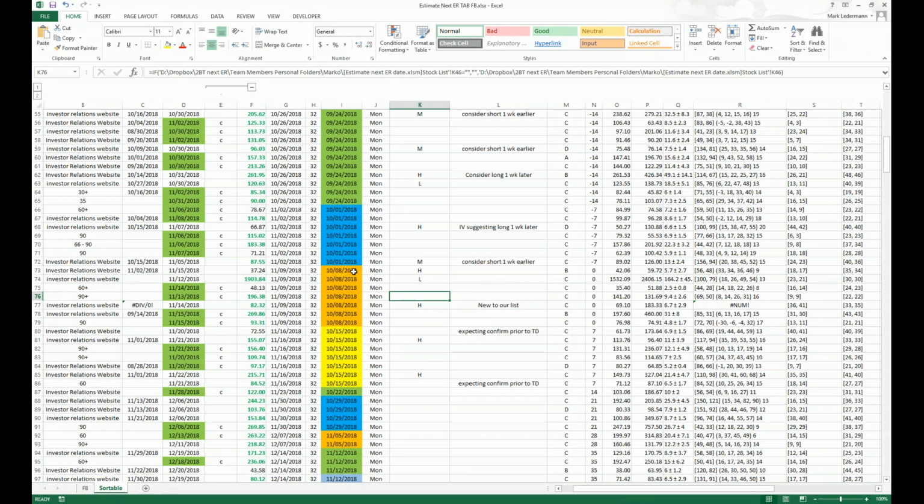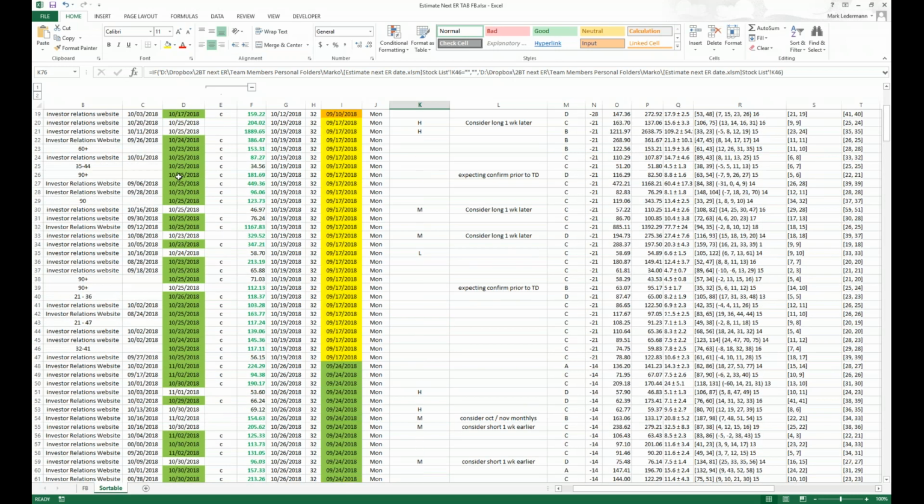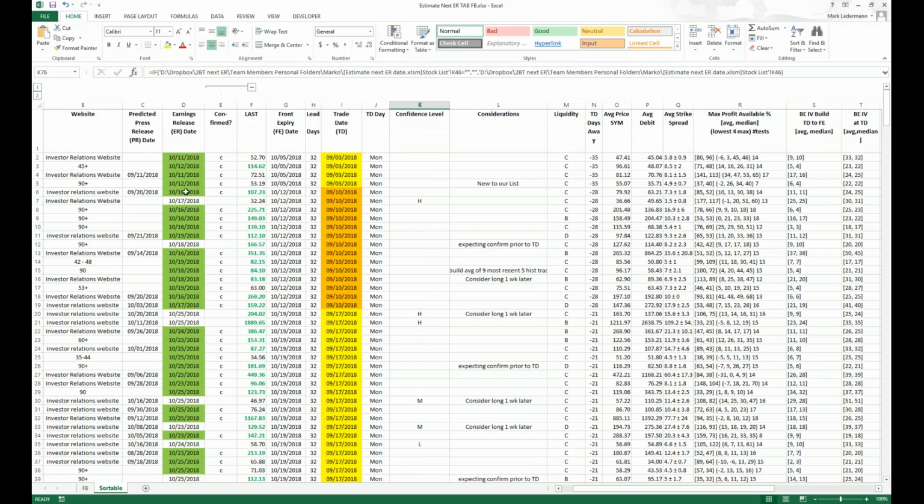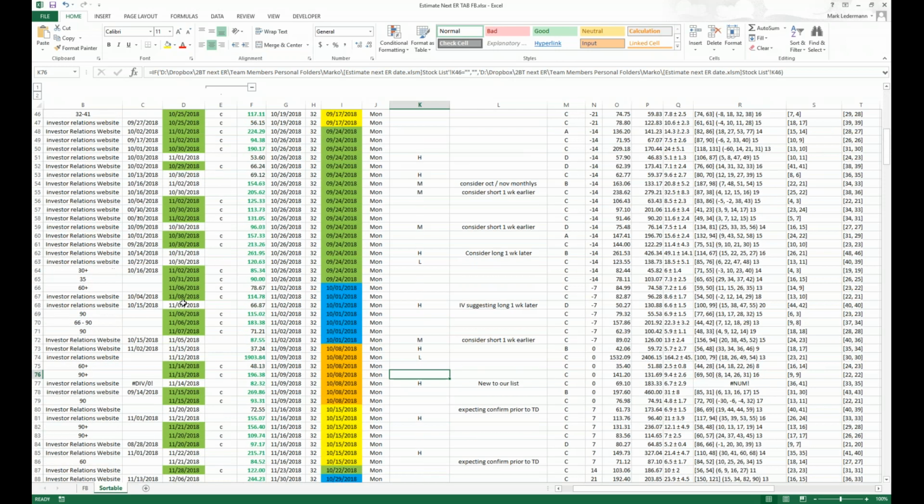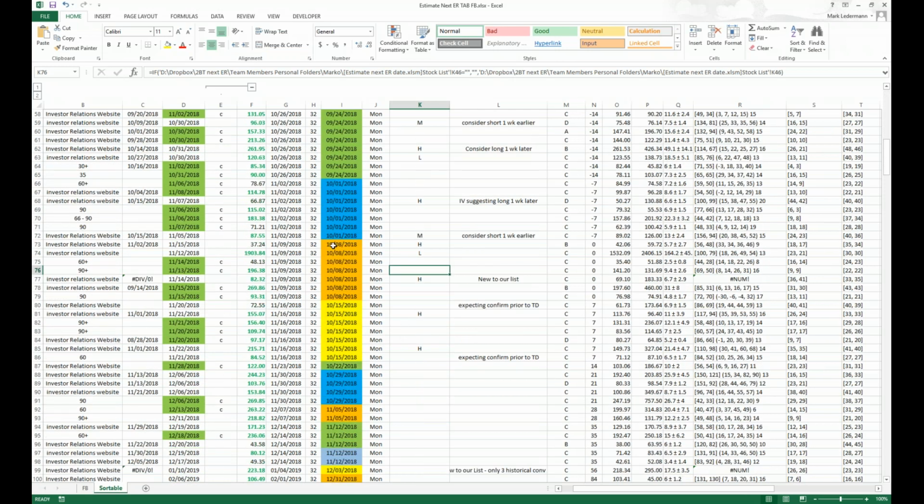Another reason that we trade estimated date trades, by the way, is that you see these highlighted in green. Well, these are confirmed dates. If it's highlighted in green in this column, column D, that is the earnings release date. If it's highlighted in green, we have confirmed the date. If it's not highlighted in green, it is an estimated date. Now, at the time of the trade, on the suggested trade date,